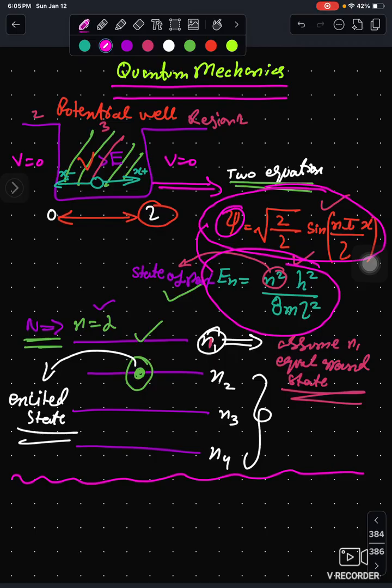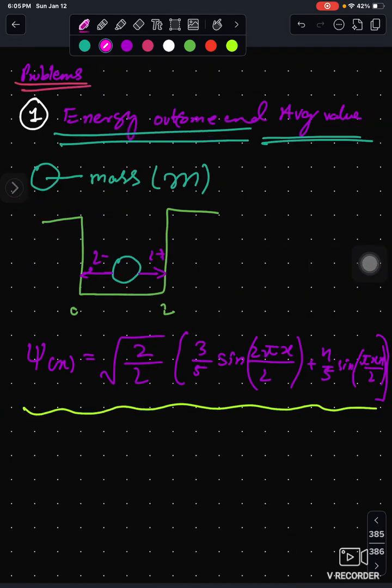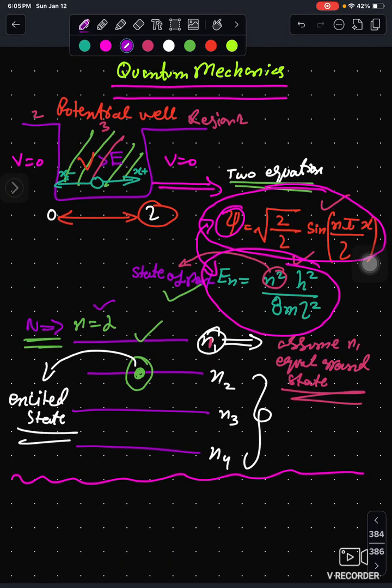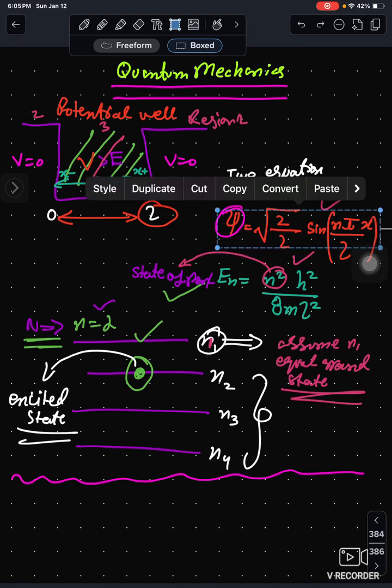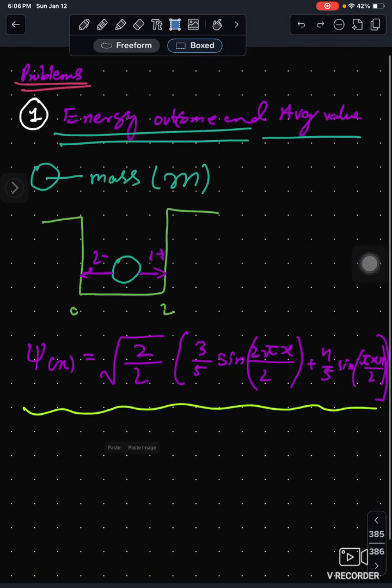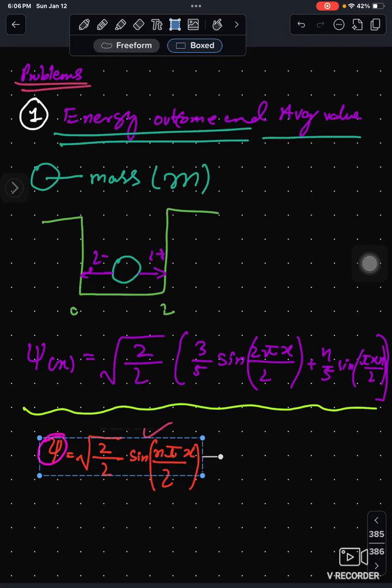Okay, so what I mean by similarity is that in this part of the equation. Wait, let me just, if it's possible, take out this equation from here. This part of the equation over here. Copy and paste. Okay, so